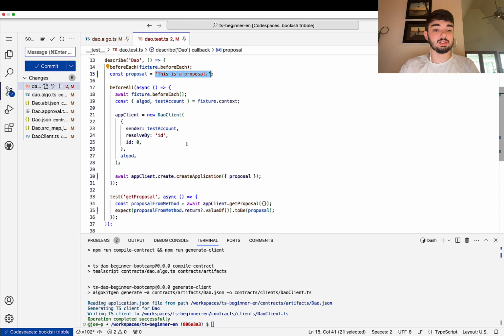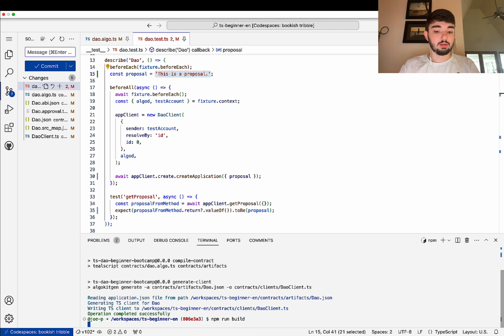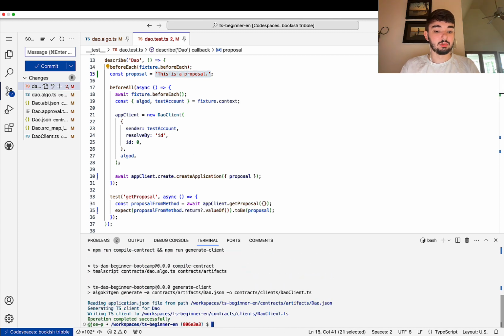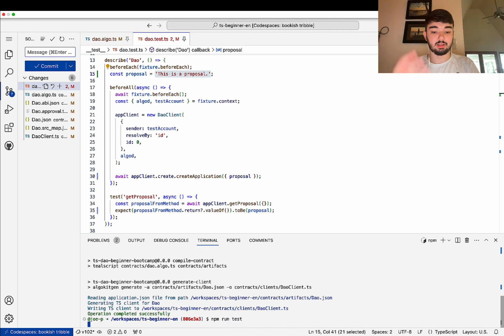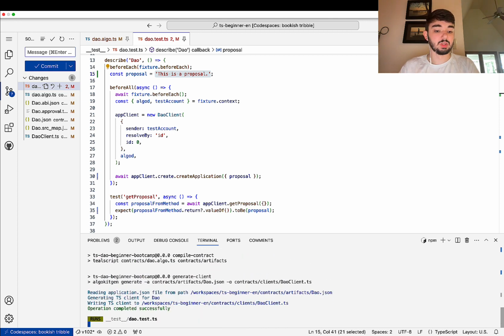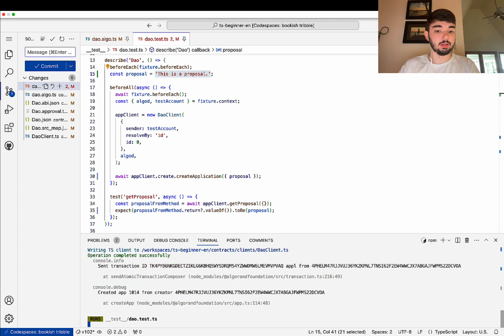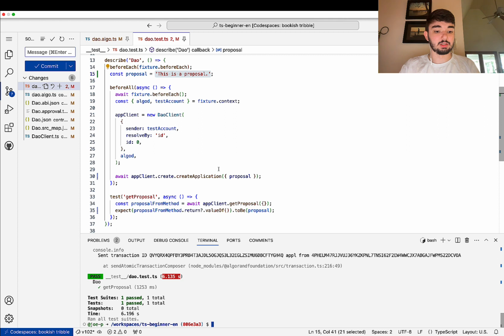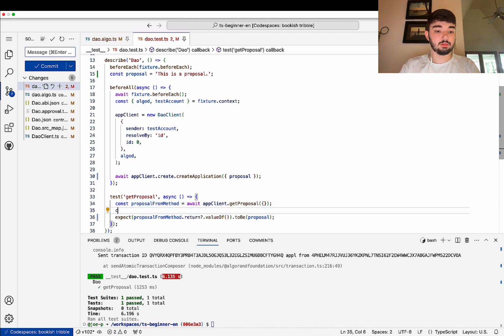So what's nice is, if I go ahead and do an npm run build, and then npm run test, I keep forgetting that test automatically builds for me. So I do an npm run test, and I can see here that this test works. And in fact, just to be sure, I can add a console here just to show you. If I do a console.log, oops, and I log that return value,